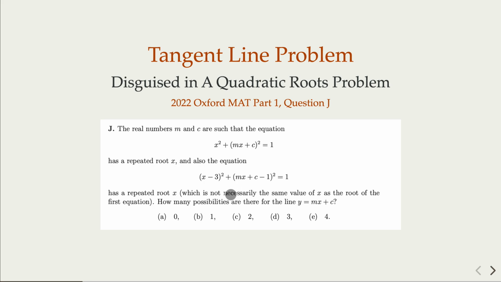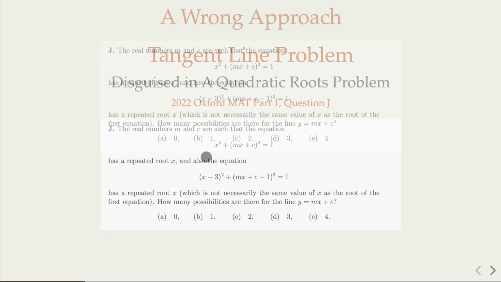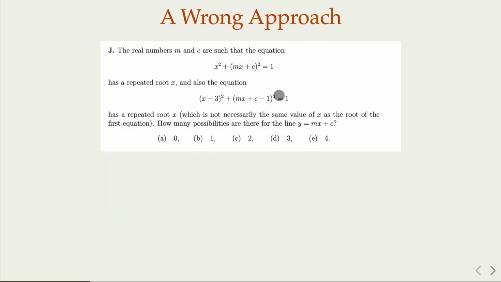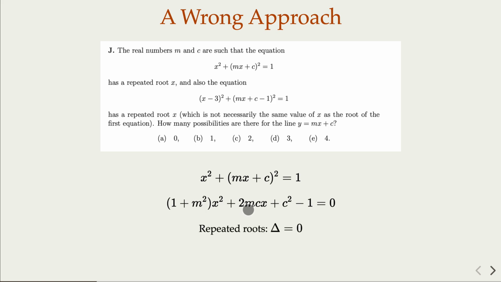So, multiple choice. Now, some students, when they look at this condition that the quadratic equation has repeated roots, that is, the discriminant is going to be 0, what you do is you turn this quadratic into standard form, and then you argue that b squared minus 4ac equals 0. While this is the typical way of dealing with a quadratic that has a repeated root,